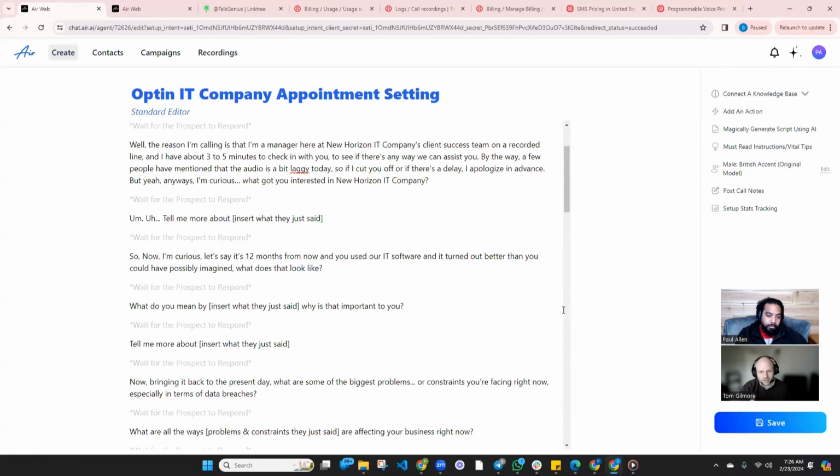So what are some, let's say, some biggest problems or let's say some constraints that you may be facing right now? And you get it to slow down that way by throwing some dots, some uhs. It basically allows the client to process the question that they're about to be asked, so they can give you the answer you're looking for. So something like this: what are some biggest problems, or let's say,